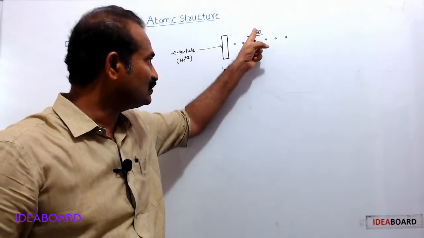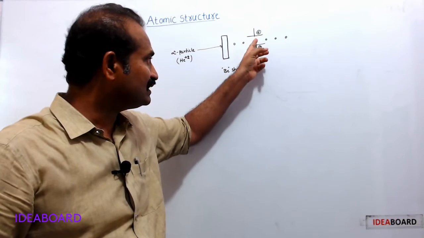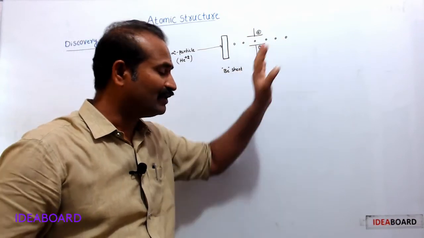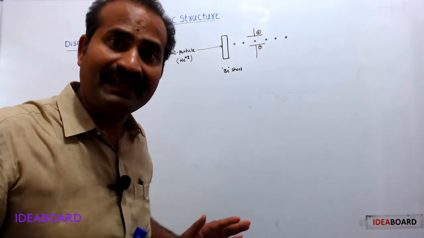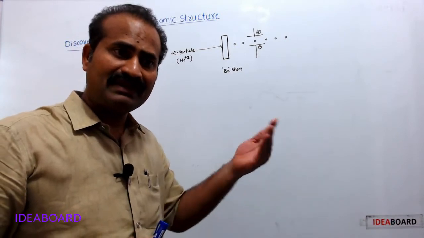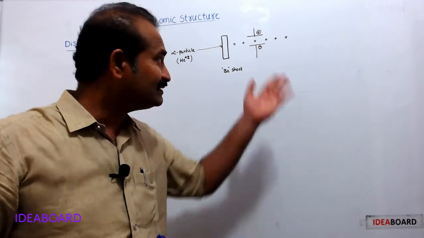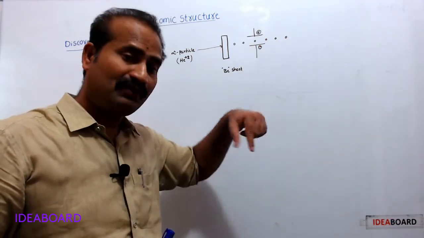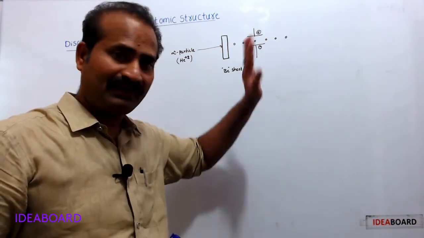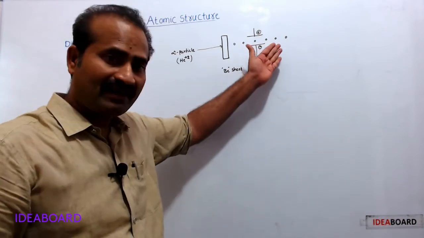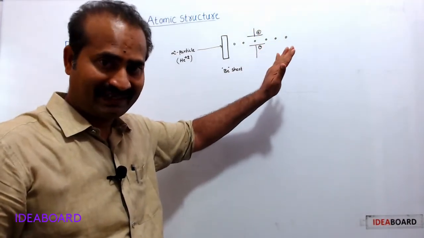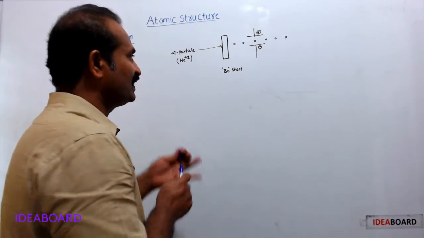These are passed through electric field. While passing through electric field, these particles are not deviated at all. Previously we know about electron and proton, both are deviated. These are not deviated. Therefore, these are new kind of particles which are neutral. So, these new kind of particles which are neutral are called as neutrons.